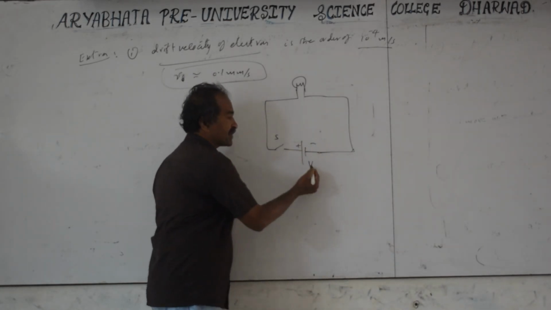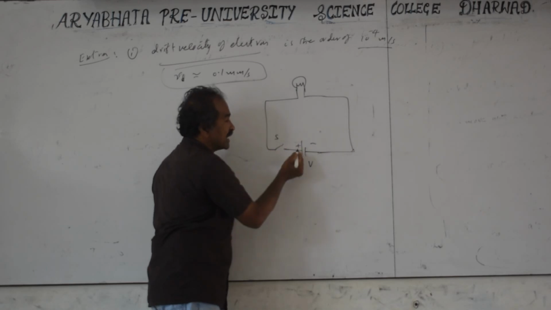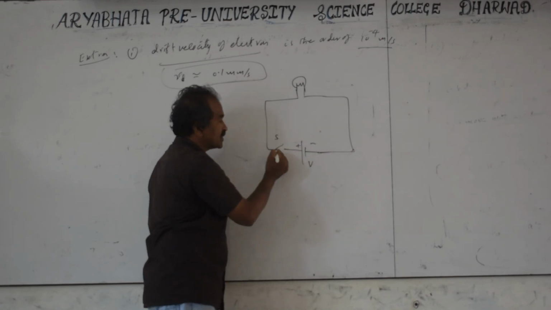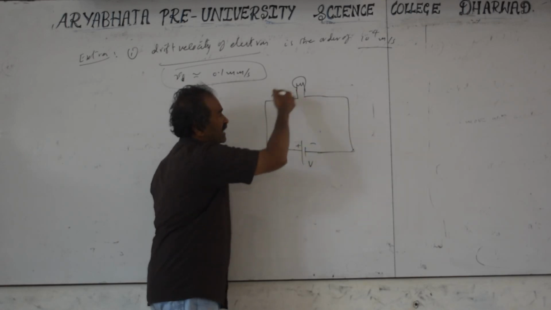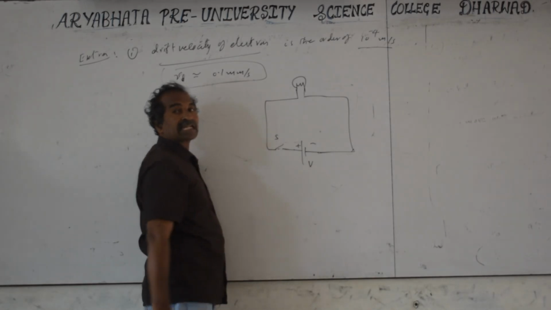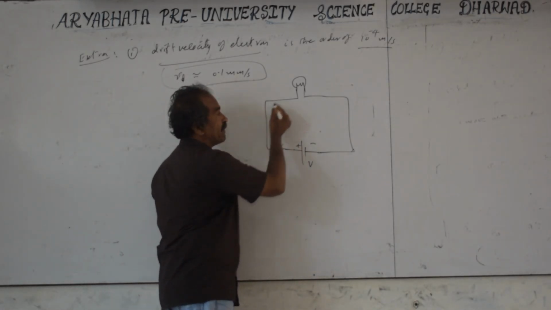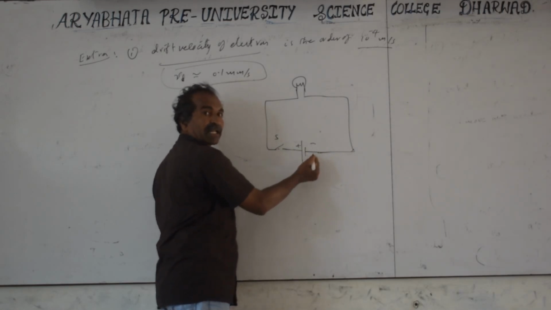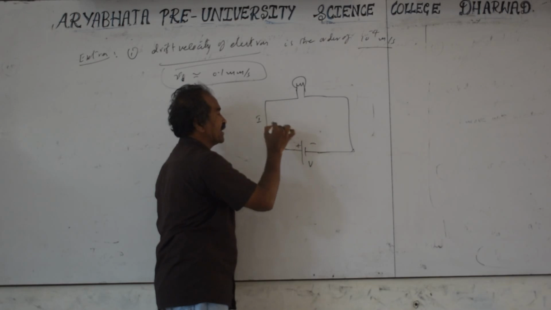So the potential difference is there, and electrons are everywhere throughout the conductor. After closing the switch, the potential difference produces an electric field everywhere across the conductor. Then electrons travel opposite to the electric field, and the conduction current direction is taken from plus to minus. Plus means higher potential, minus means lower potential. So this is the conventional current direction, and the electron flow is in the opposite direction.